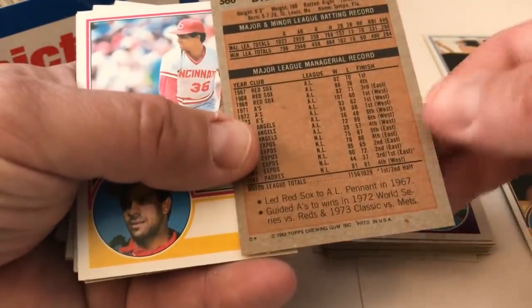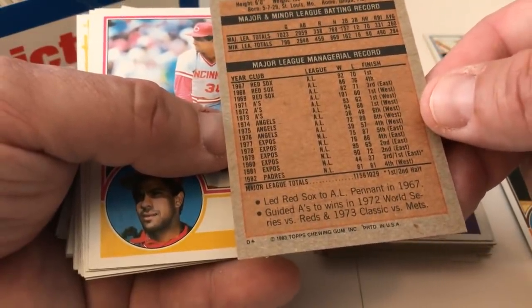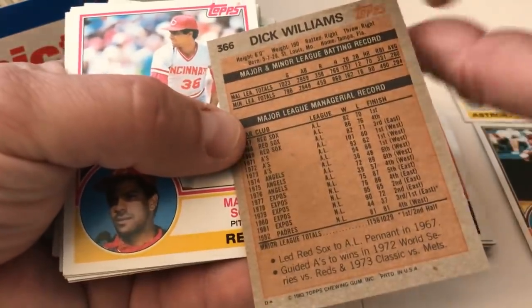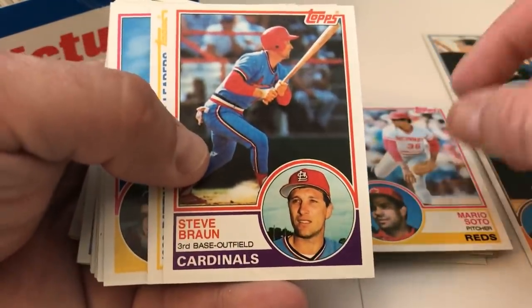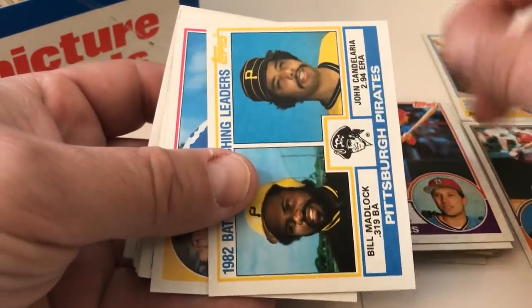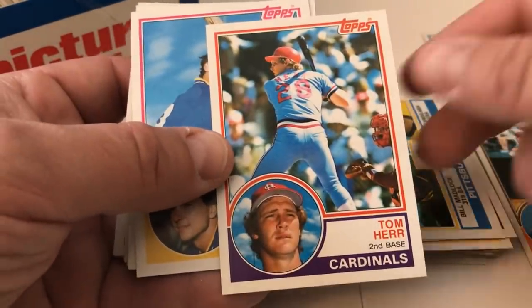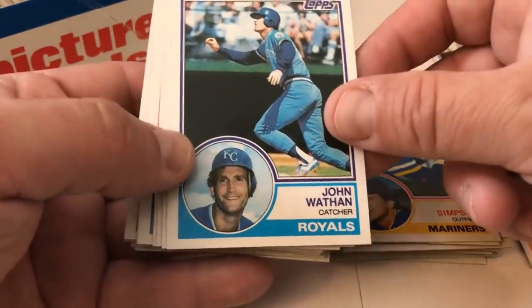Here's the back here. Oh, this is cool. It has his managerial record in the back. That's awesome. Major, minor league batting record totals right above. Really cool. Dick Williams, Mario Soto, Steve Braun, Pittsburgh Pirates leaders Bill Madlock, John Candelaria. Really cool. Tommy Herr, Joe Simpson, John Wathan,